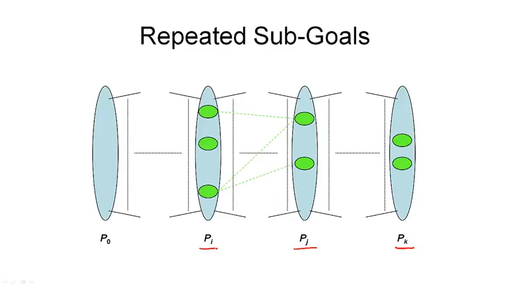So we come across an action layer where we try to identify actions that achieve all the sub-goals, but these actions are mutex and therefore we cannot find an appropriate set of actions. So the search has failed. Then what we can do is we remember that in layer pi we had these three nodes here that together were not achievable. So we continue with our backtracking process and we go back to layer pj, but then from